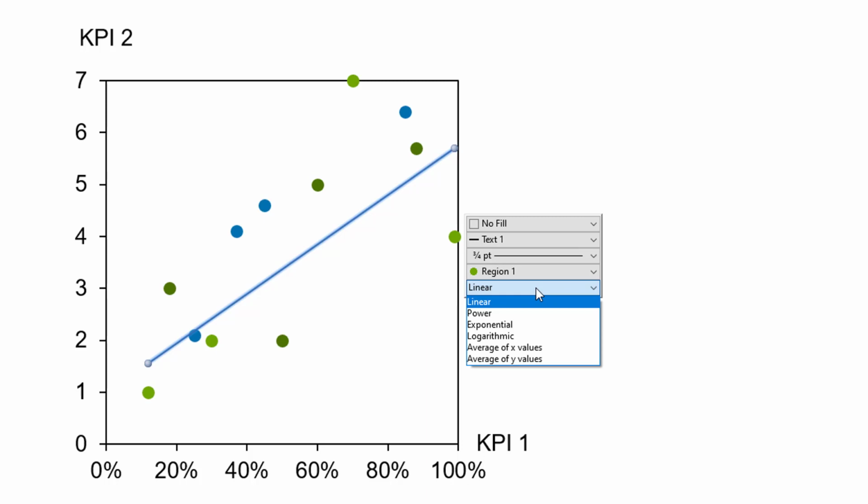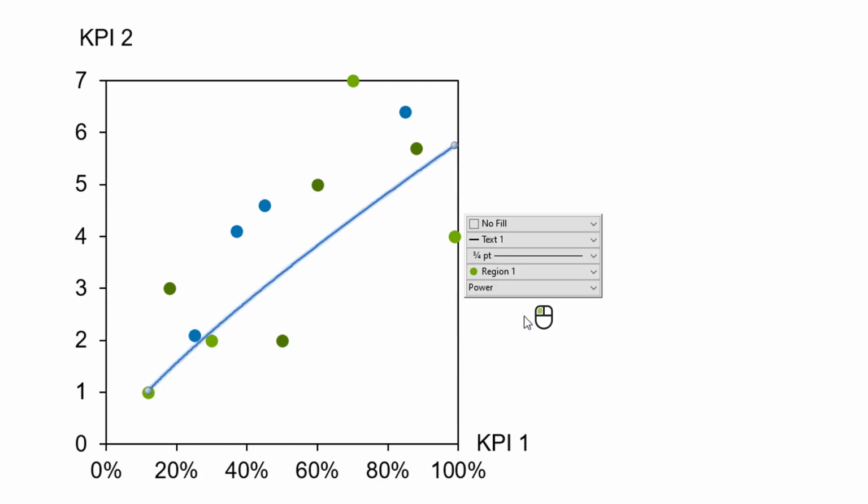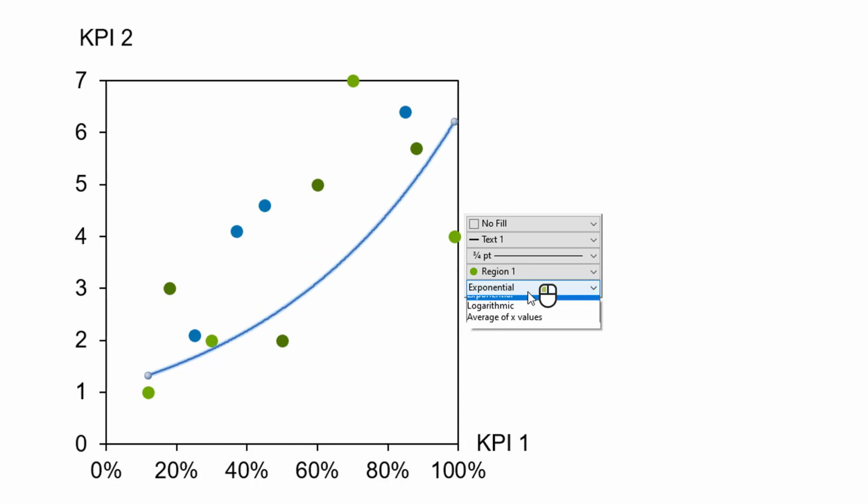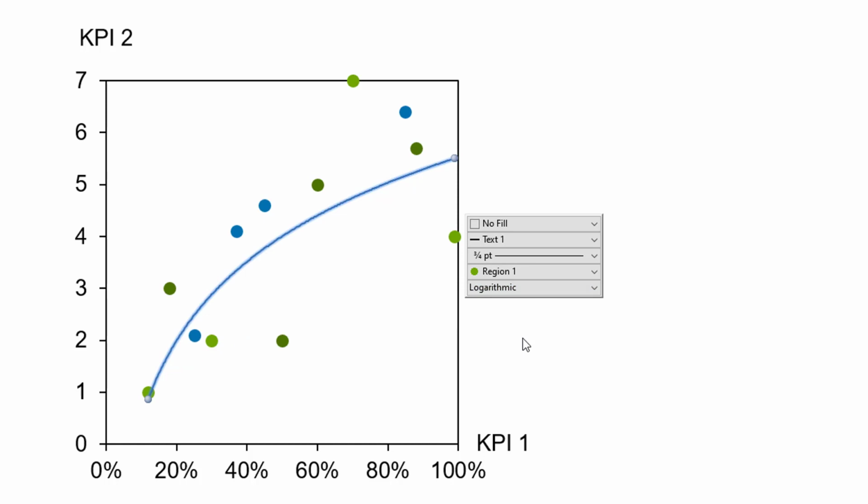Depending on the setup of your chart, you can choose between up to 4 different types. The linear type is the default and always available. The power type fits best when there is a power law relationship between y and x values. Choose the exponential type when there's an exponential relationship, or the logarithmic type when your data has a logarithmic relationship.